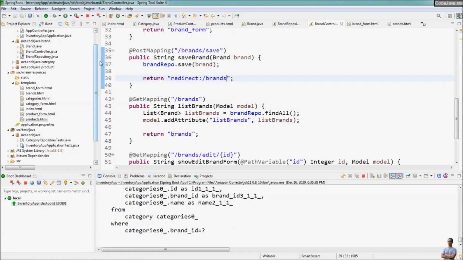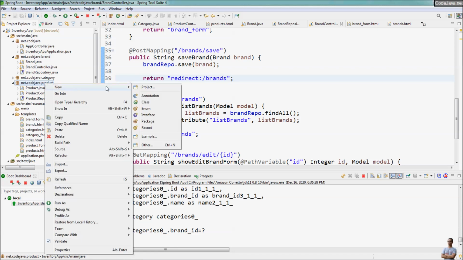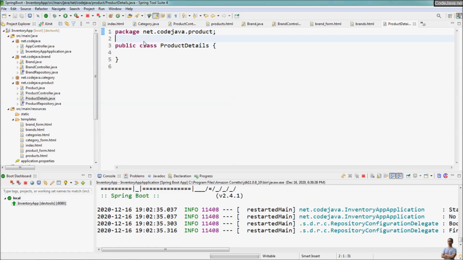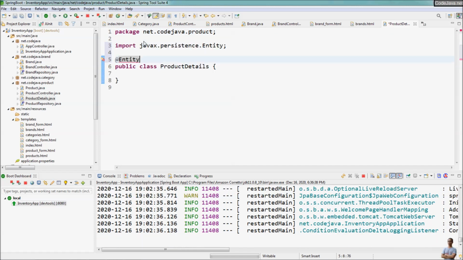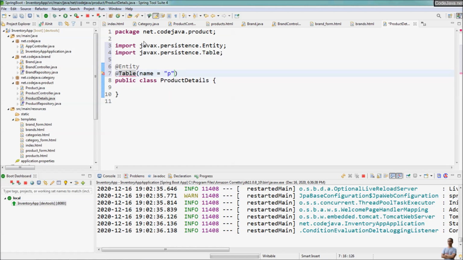Okay, come back to the project, and we need to create a new entity class under this package product here. New class, ProductDetails. A product can have one or more details. Finish. Entity, and for this entity class we need to specify the table name, which is product_details. And we have the fields ID, name, and value,